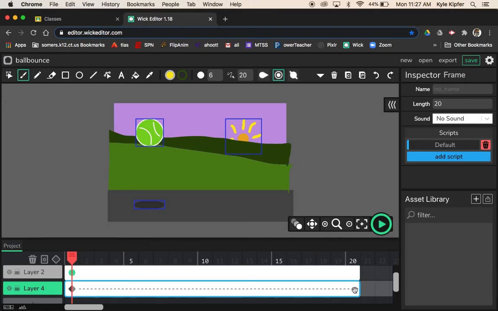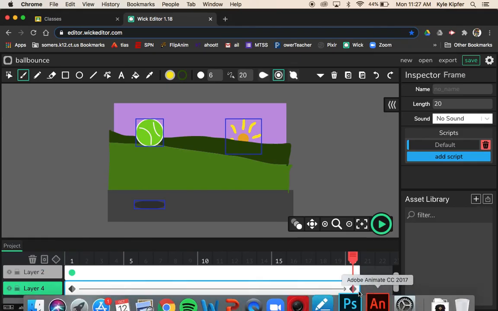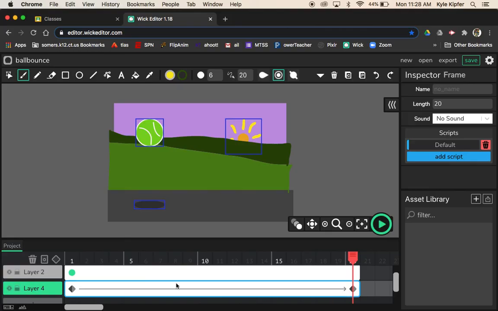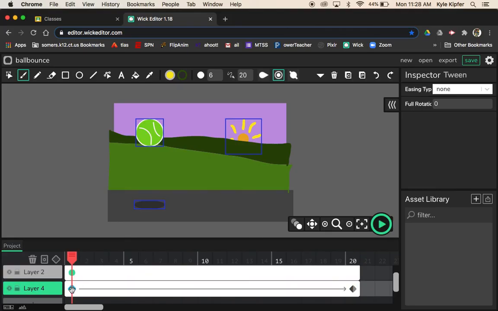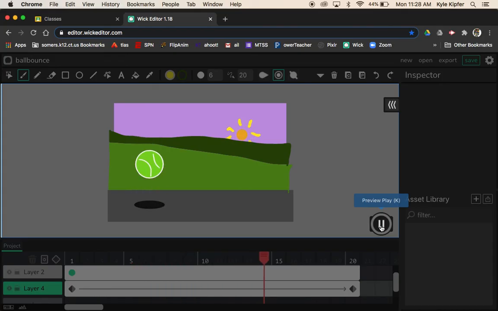At the end here, I'll go ahead and add in one more tween block so that it has another diamond at the end there. And really all I have to do is click on the first diamond, go to rotation in this top spot. Maybe you want it to rotate twice, and let's just play and see what that looks like. Alright, so my sun is kind of spinning, which makes my sun rays look like they're kind of dancing around,